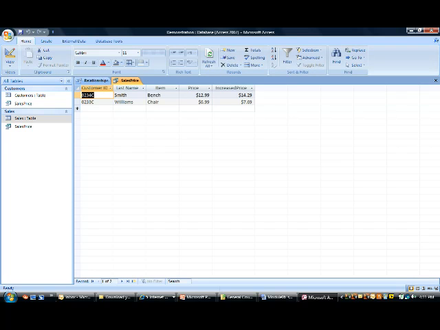And now you see I've got my increased price field, the calculated field expression, in my query. 14.29 is my 10% increase from 12.99. And then 7.69 is my 10% increase from 6.99. So you can see this query is kind of giving me some additional information. And that's the nice thing about a calculated field expression that you can build in your queries. If you've got some numbers that you're working with, you can really manipulate them just like you can in Excel